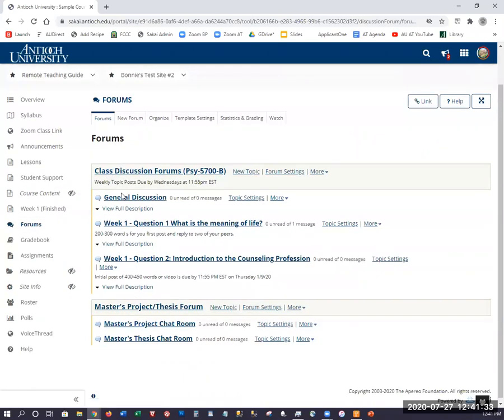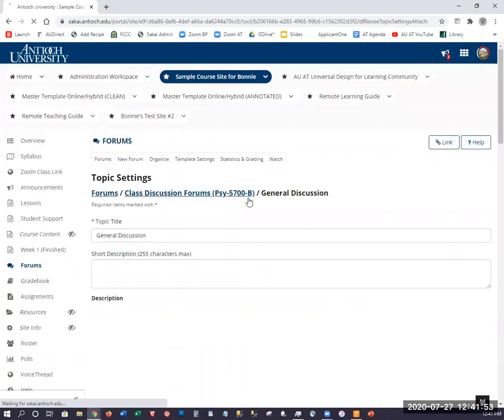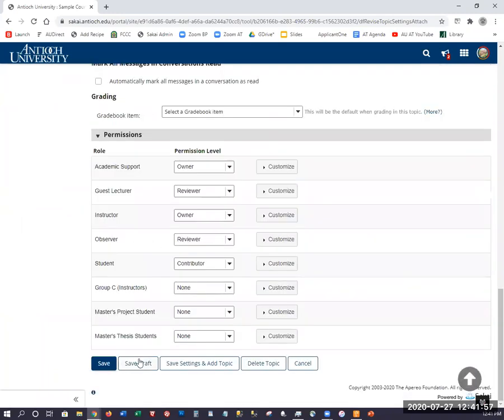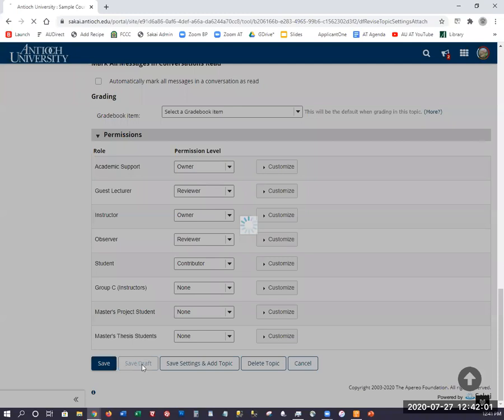So these forums, if we looked at a student view, would look exactly like this for all students. And then down here, this master's project would be hidden from my master's thesis students, and this master's thesis would be hidden from the chat. But I want to show you some of the other topic settings, because there are two icons that come up a lot. And one is when you leave a topic or forum in draft mode,